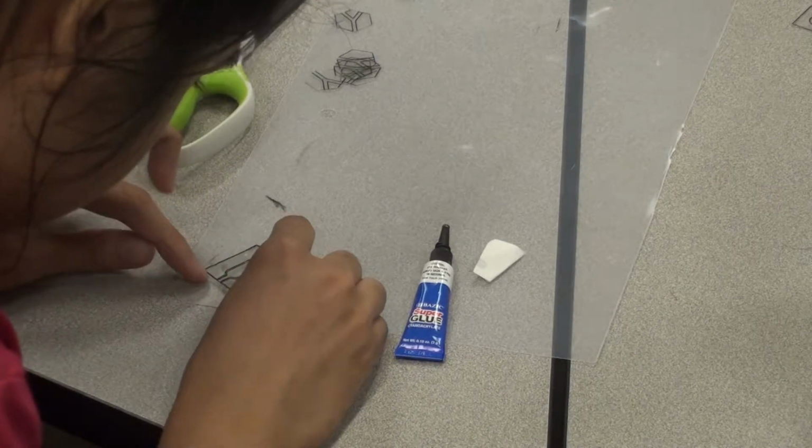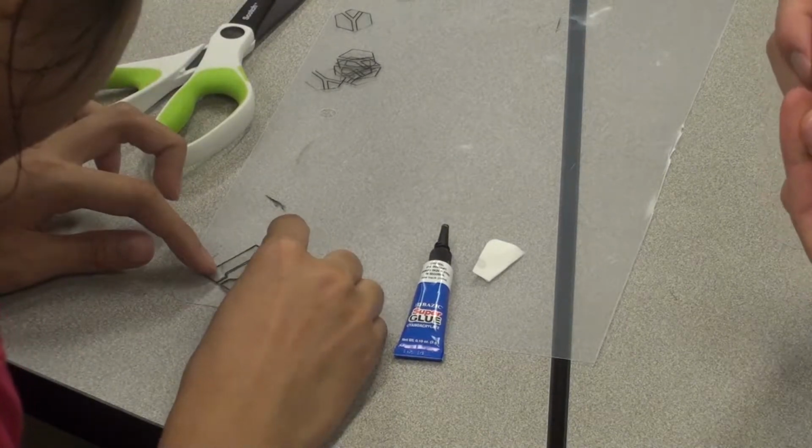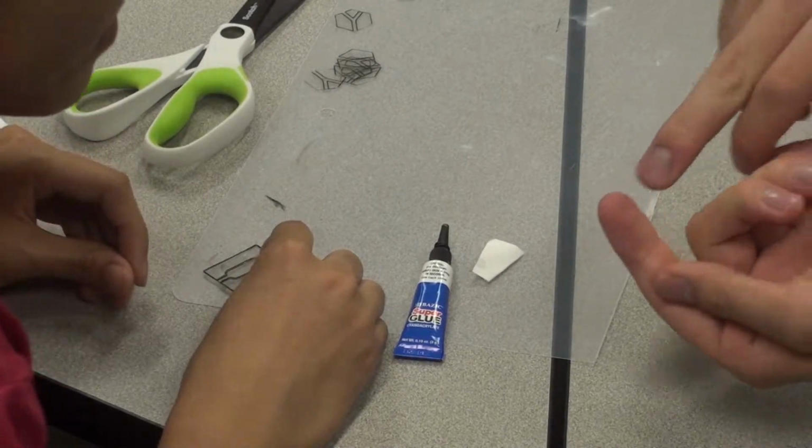So the fluid actually moves through the filter paper in this direction. Not through the